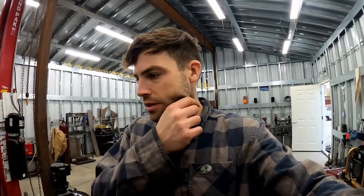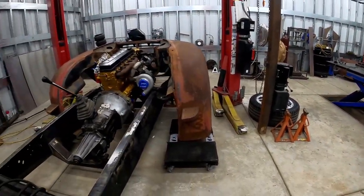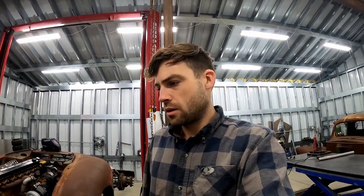Well, today's Sunday, and I spent about 2 hours cleaning the shop because it was getting pretty disheveled, and I can't work well when the shop is dirty. So it's nice and clean now. Vacuumed everything, put away everything, and I think the next step we're gonna take today is